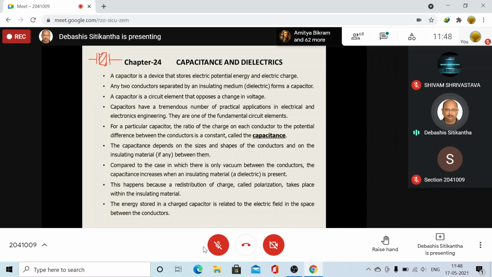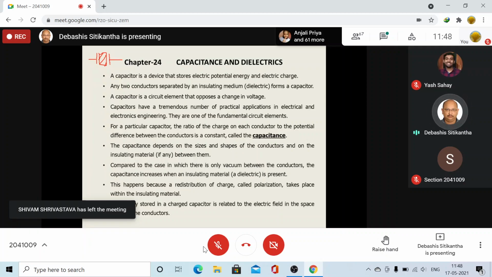Okay, so the first definition I have corrected: a capacitor is a device that stores electric energy in its electrostatic field, and the electrostatic field is going to exist between the 2 conductors. That's it. The next definition is based on the construction of the capacitor, that is also equally good. Any 2 conductors separated by an insulating medium or dielectric is going to be a capacitor.